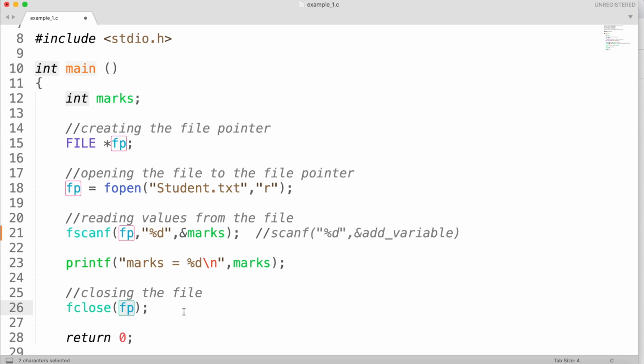Why is it important to close the file at the end of the file processing? Because if you do not fclose your file pointers, or do not close the open files in your program, then if your C program accidentally crashes in the middle, all the open files will be hanging in your memory.